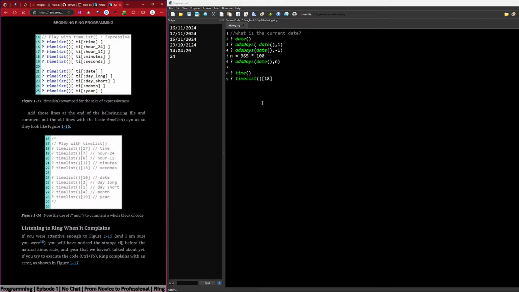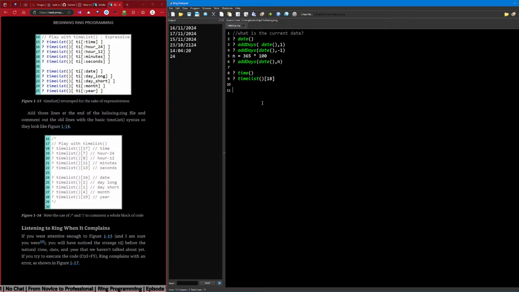TI time, hour 24, hour 12 minutes. Oh, okay. Add those lines at the end of the hello ring file and comment out the old lines with the basic time list syntax so they look like.